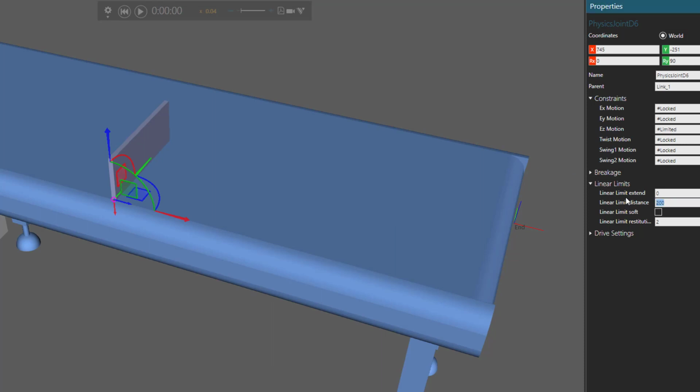So let's reset and set the linear limit distance back to 0 and use extend to, say, 200. So we want some freedom here. And yep, we did get some spring there, but I think the restitution is too much. So let's use 1. And that looks okay.